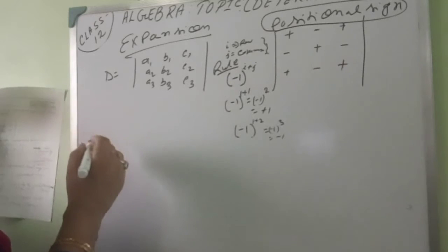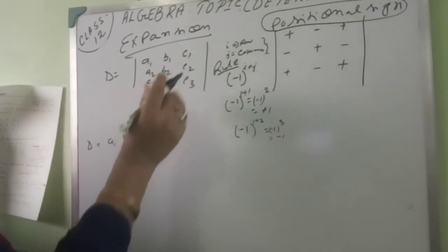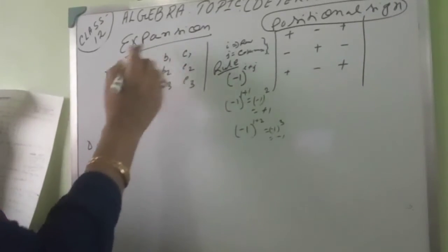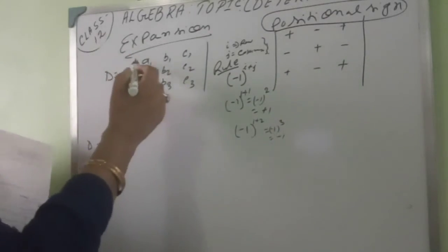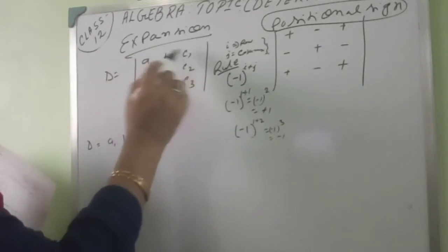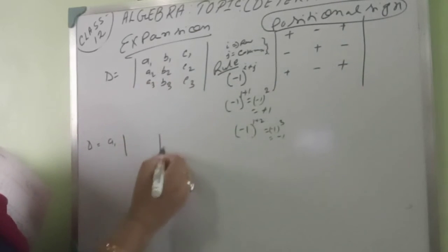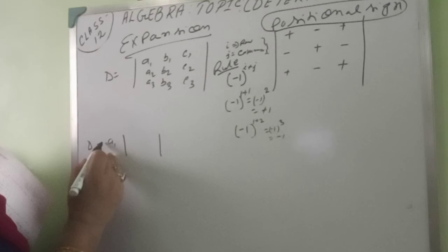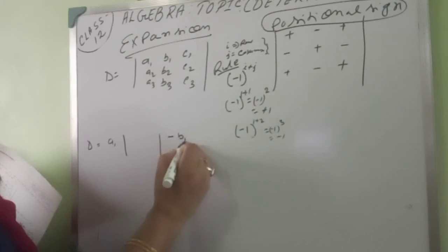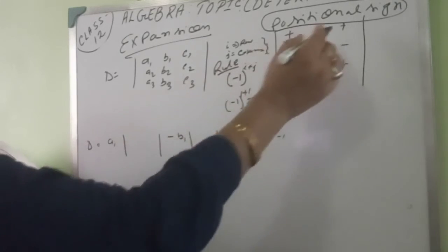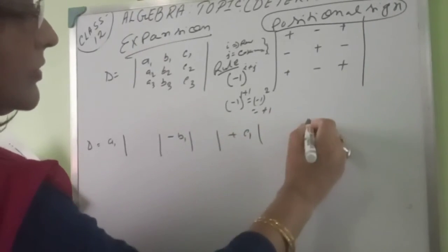Okay. Now, what is the determinant expansion? The expansion, we will write A1 into, this is A1. Determinant can be expanded with respect to any row or with respect to any column. Now, if we expand this with respect to the first row, the elements are A1, B1, C1. At first we have to write the elements, then the positional sign. First positional sign is plus, so no need to write plus here. Second positional sign is minus, so write minus here with the element B1, then write this determinant. Then the positional sign is plus, so write plus C1, then put this.